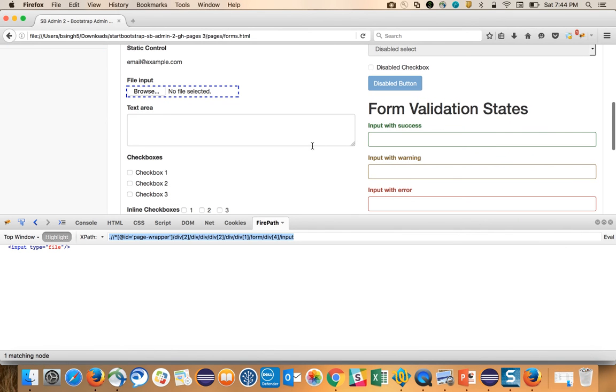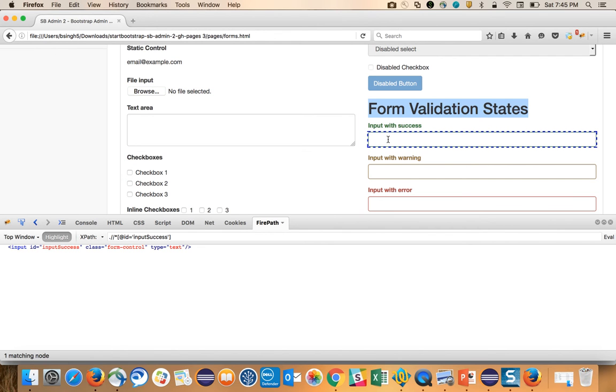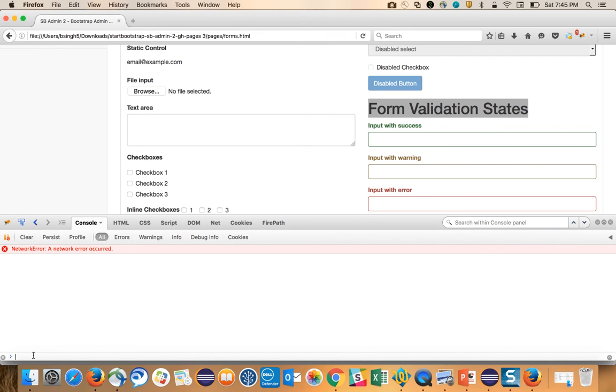Let's say you have form validation states, right? Let me inspect through FirePath. When we inspect through FirePath, what we can see here is we have id equal to input success. So copy this id and let me write the JavaScript. How to write the JavaScript? Copy the id tag, go to the console, here write